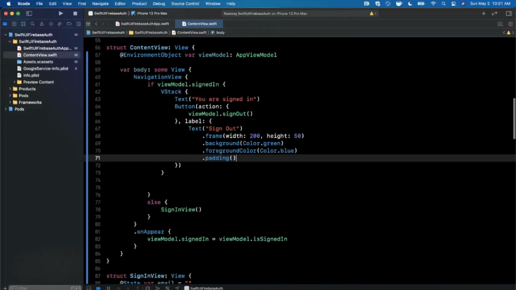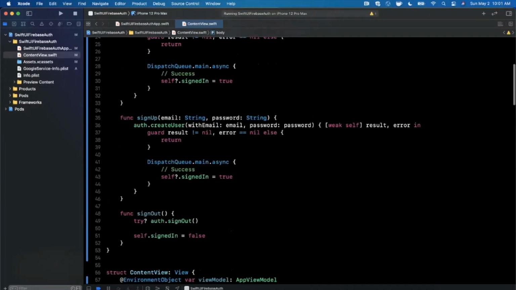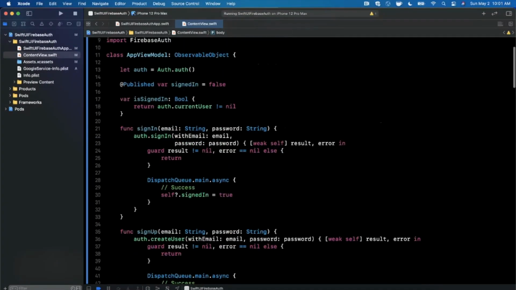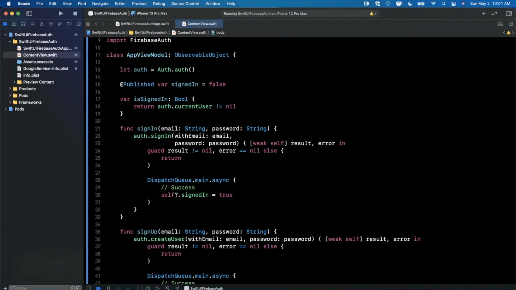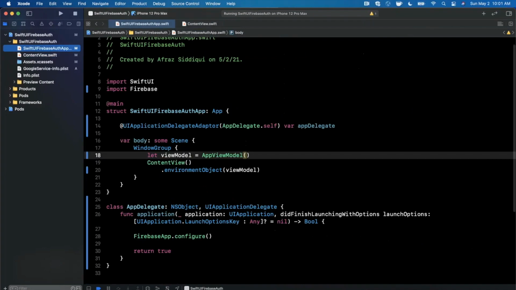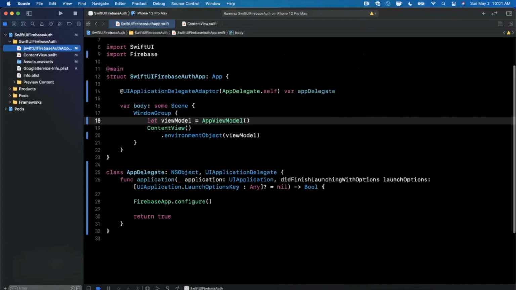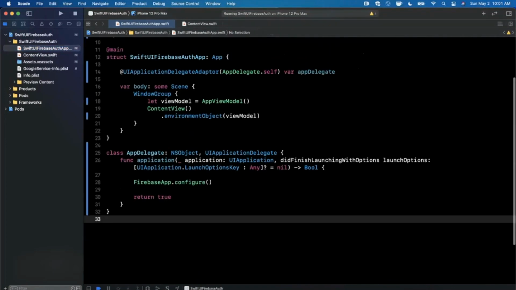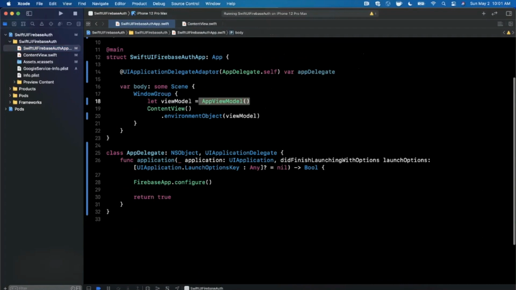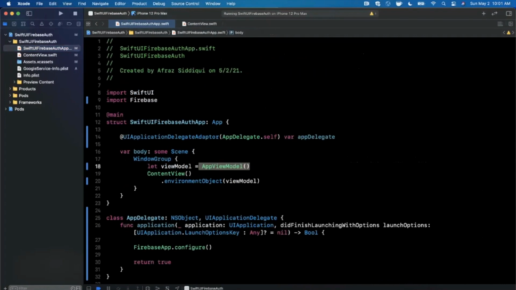So let's do a quick recap of what we actually did. It wasn't a lot, but it got a little lengthy. So first things first, you need to go to Firebase and create a project. It's completely free. Add in your bundle ID, take the Google plist file that it gives you and drag it into your project like so. You also want to go into your main app entry point and bring in an AppDelegate and just initialize Firebase there. And then we also created this app view model, which abstracts our business